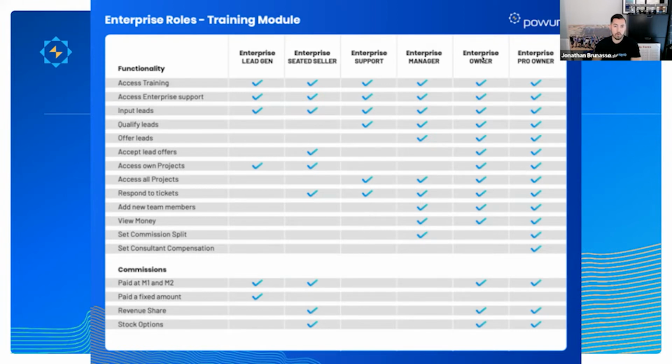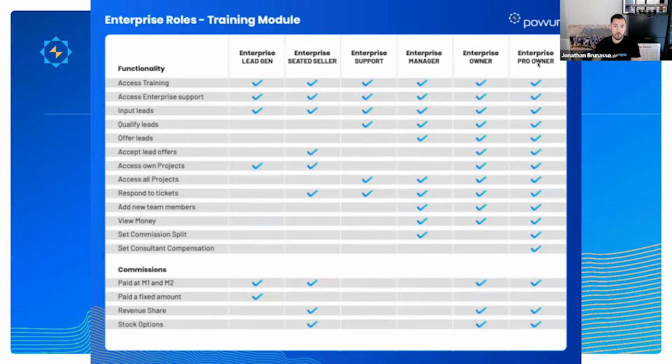And then, of course, whoever owns the enterprise and the Enterprise Pro. So the only difference between Enterprise Pro and Enterprise, besides being more per month, is the Enterprise Pro can have a seated seller, which I'll touch on in a little bit more. They can take a little bit more commission off of that seated seller and pay their membership fee.